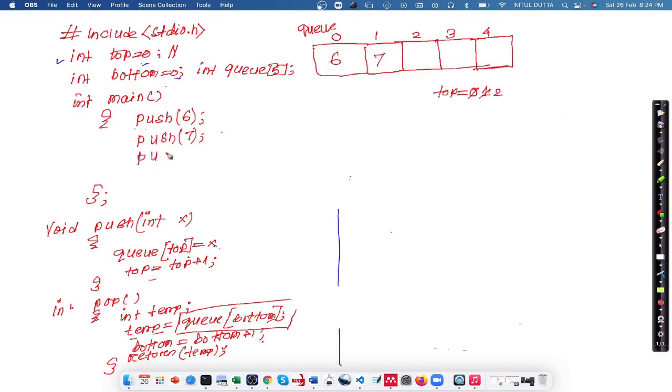I call this push function once again with 8, it will put 8 here and be incremented to 3. Then again I call push 9, it will be placed here and this will be increased to 4. Once more I call push, and 10 will be inserted here and it will be incremented to 5. And now if I call one more push function,